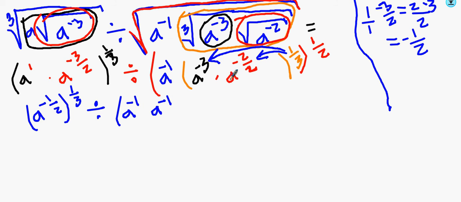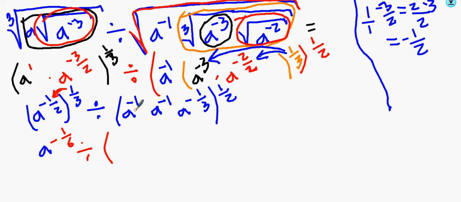Here we have a to the negative 2/2, which is negative 1, times 1/3 will be a to the negative 1/3. And then that's all to the power of 1/2. So here we have a to the negative 1/2 all to the 1/3. We multiply these two fractions, we get negative 1/6 divided by, inside we have